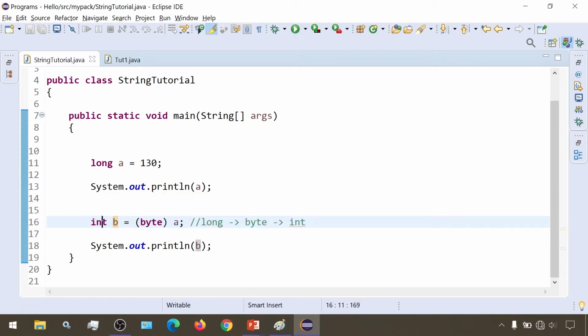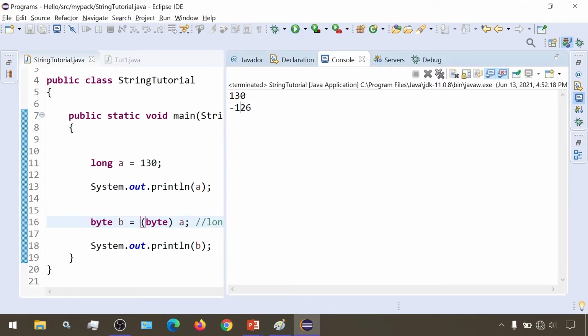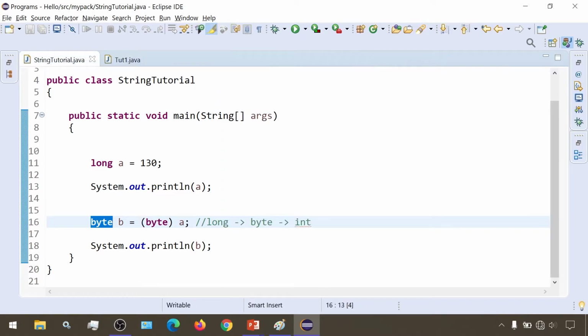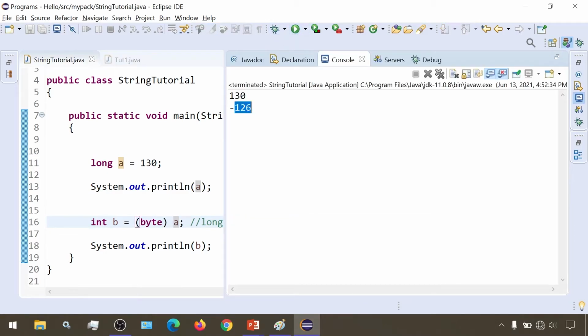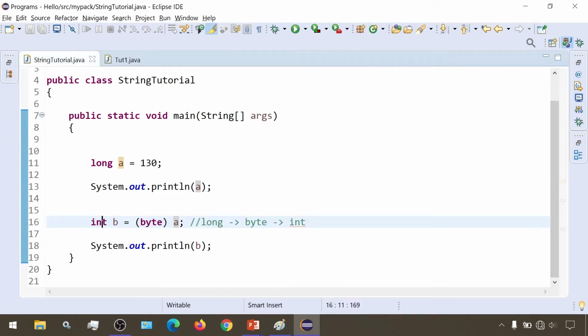So what if this were just byte? If it was just byte, then we would definitely not have the value 126 as a valid positive result. And since we are having this int variable here, it doesn't matter. Now this negative 126 is permissible inside the data type int. So we are getting the value negative 126 inside our int variable. I hope that this is clearly understood.